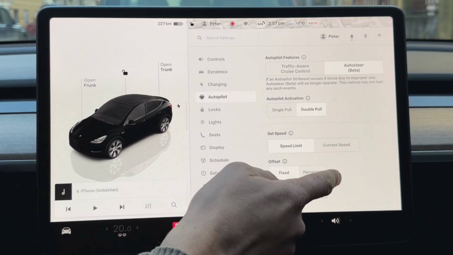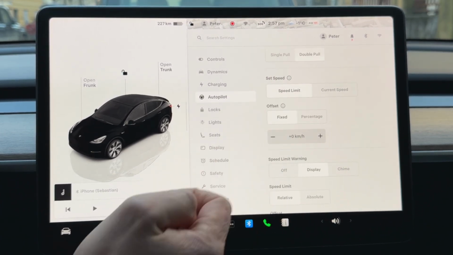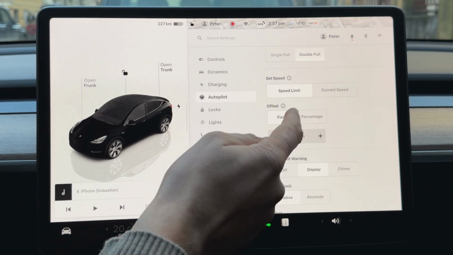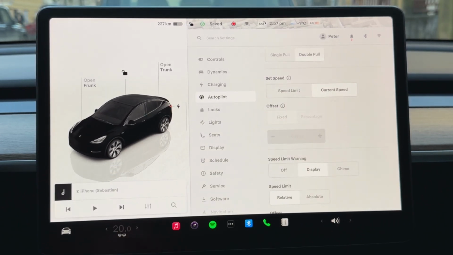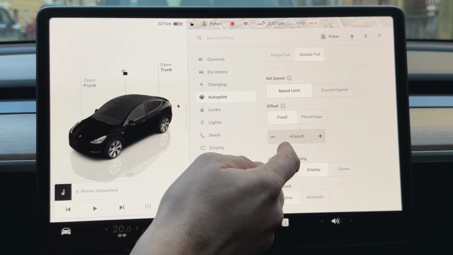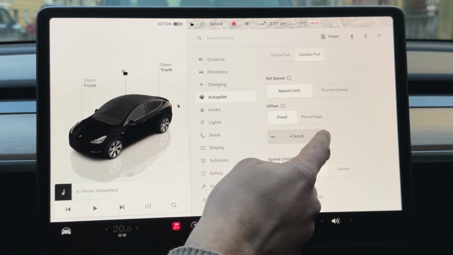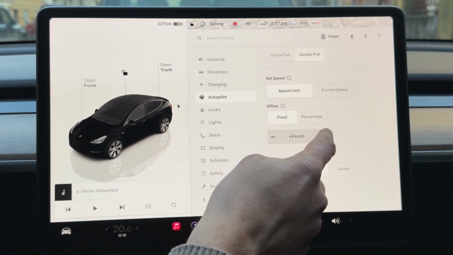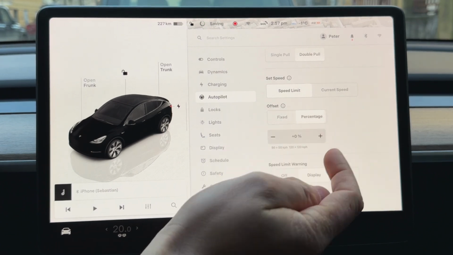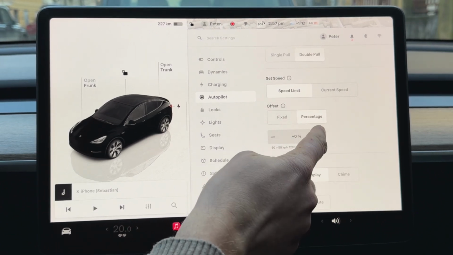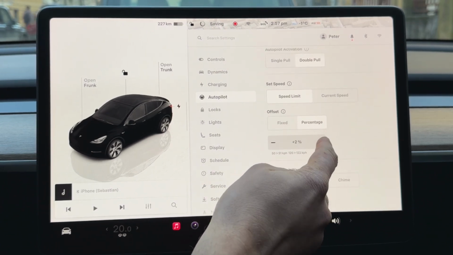In my case, let's focus on the speed limit. You can choose the current speed, for example. So if you are driving your car and you would like to activate the Autopilot, the car will set the speed limit to the current one, but you can also choose speed limit and it could be fixed, for example with offset with 10 kilometers offset, or you can choose percentage and it could be from 0 to up to,